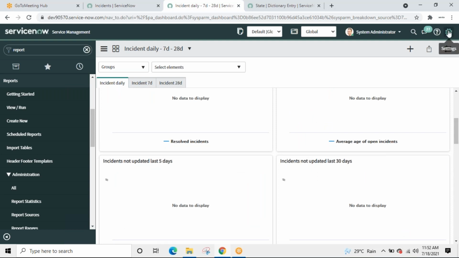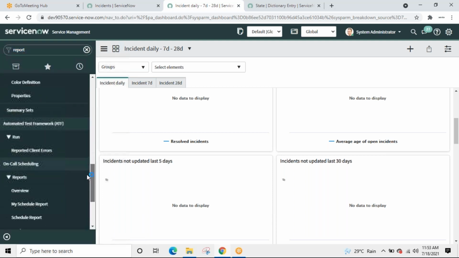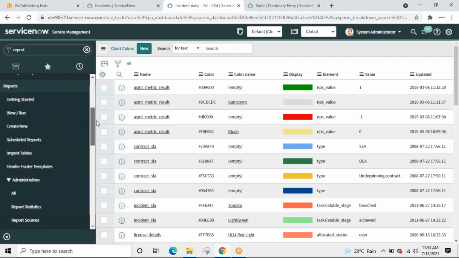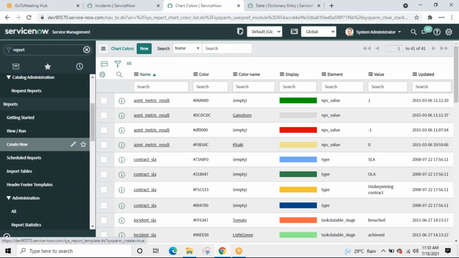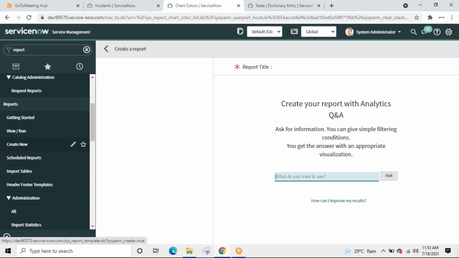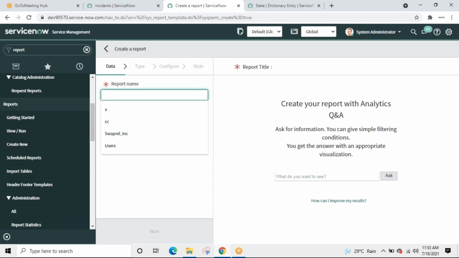Dashboard. What other option did we have in the report? Create new. Let us go back. Where is it? Create new. Give a name, anything.